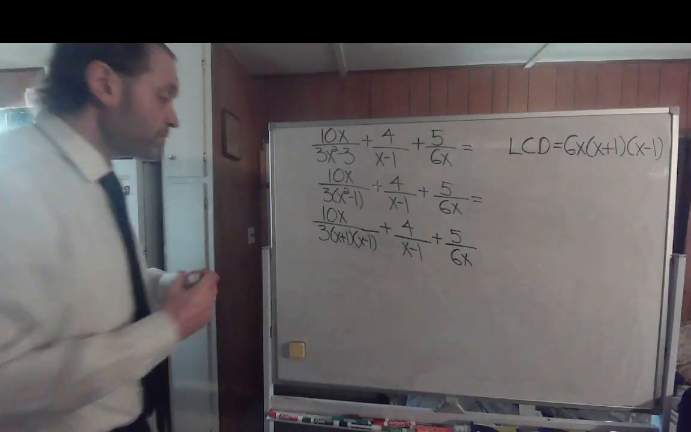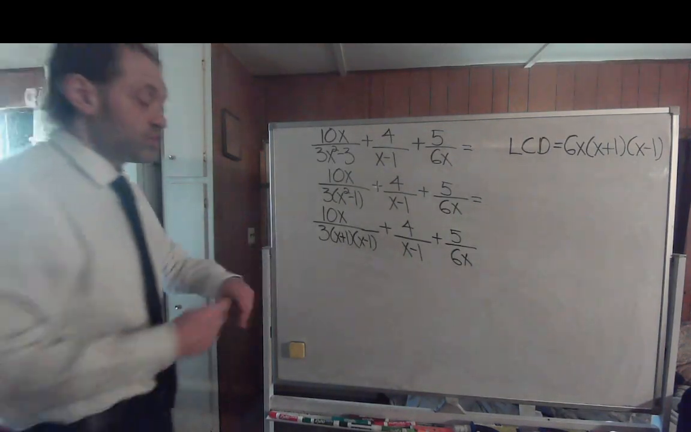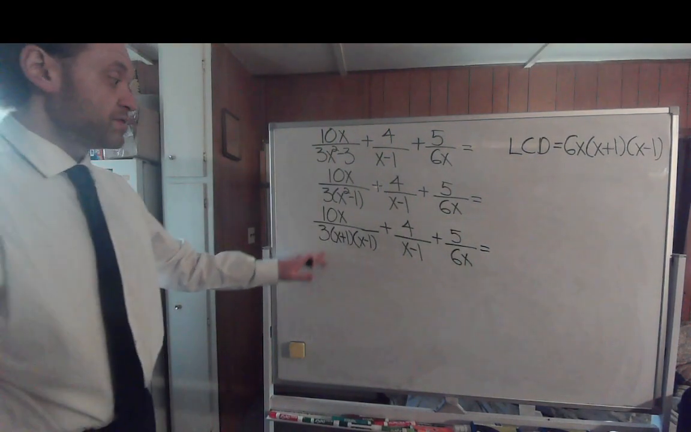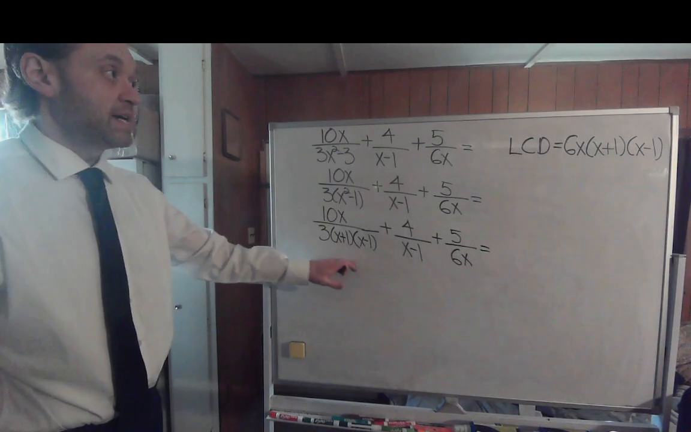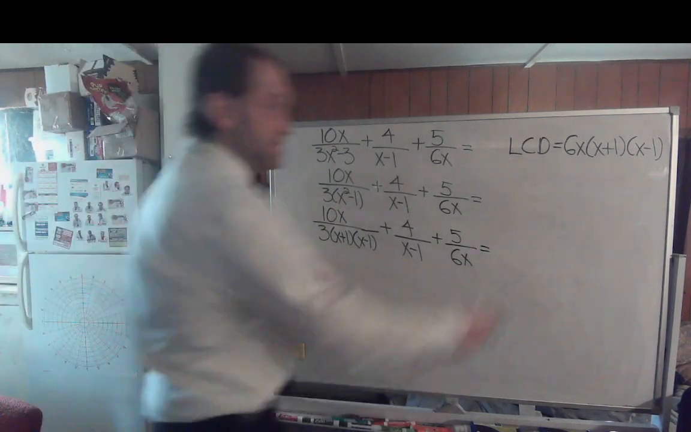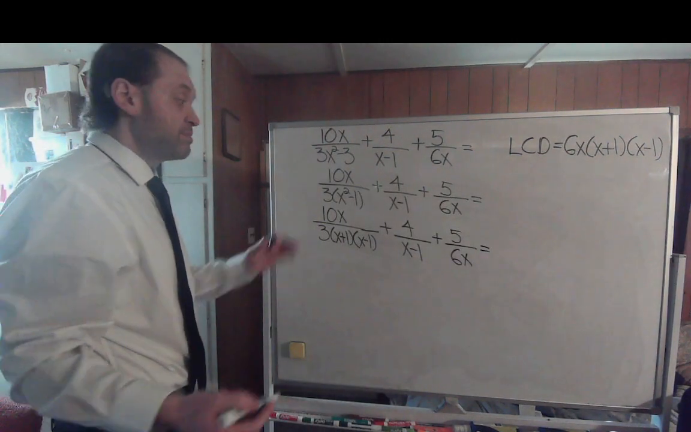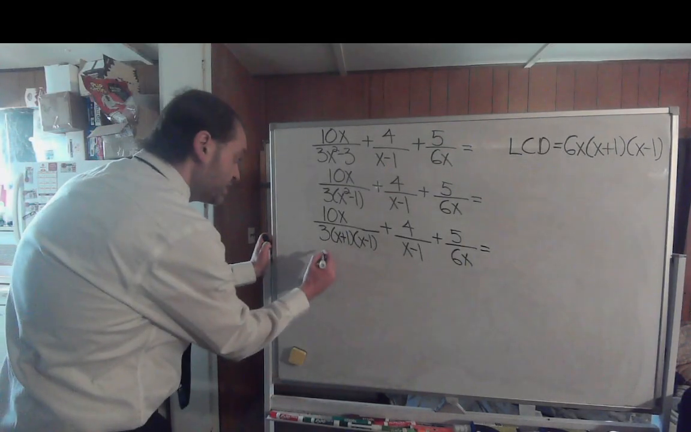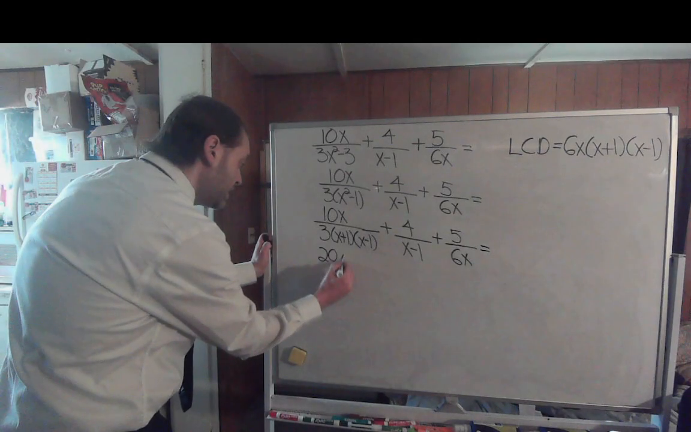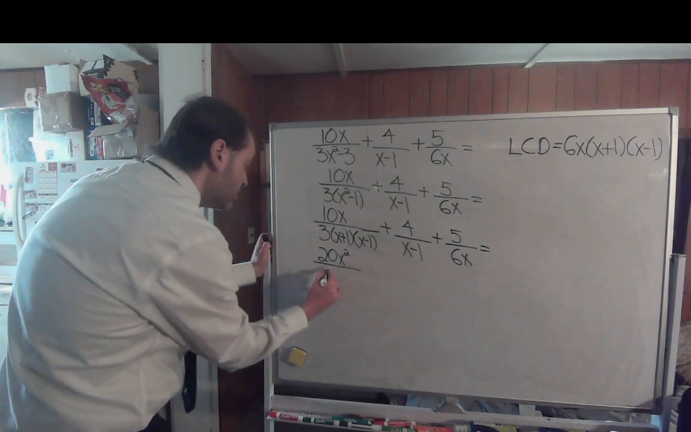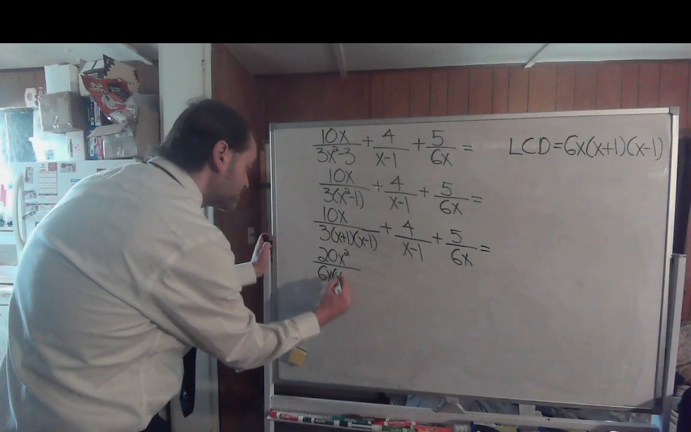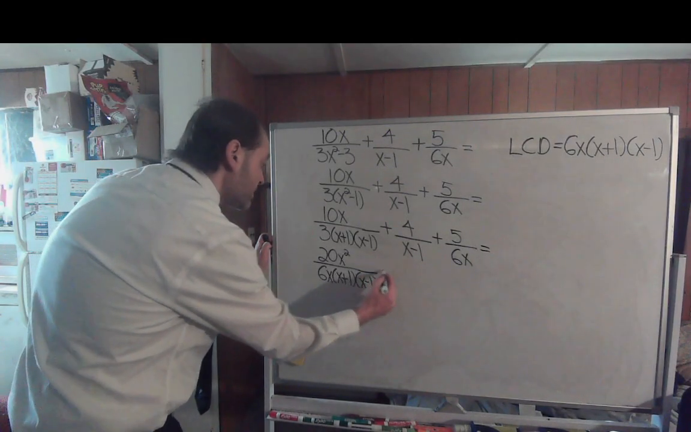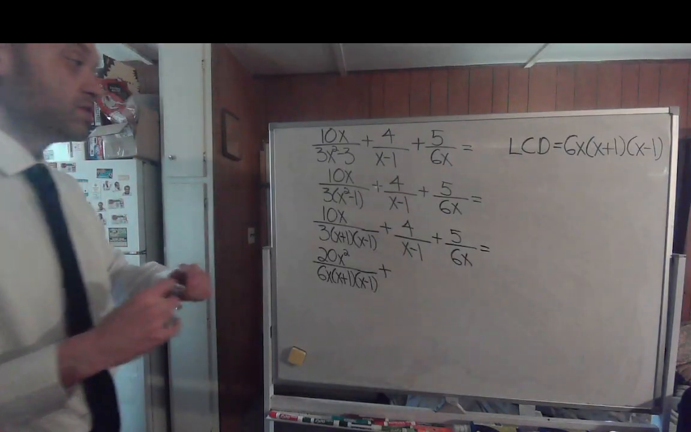Now, let's look at each term here. So in your first term, your denominator is 3 times x plus 1 times x minus 1. All it needs is a 6x, so you're going to have to multiply both numerator and denominator by 2x. If you do that, you should end up getting 20x squared over 6x times x plus 1 times x minus 1 plus,